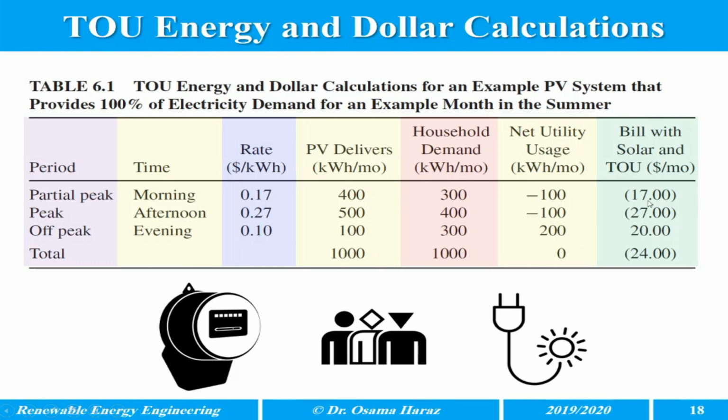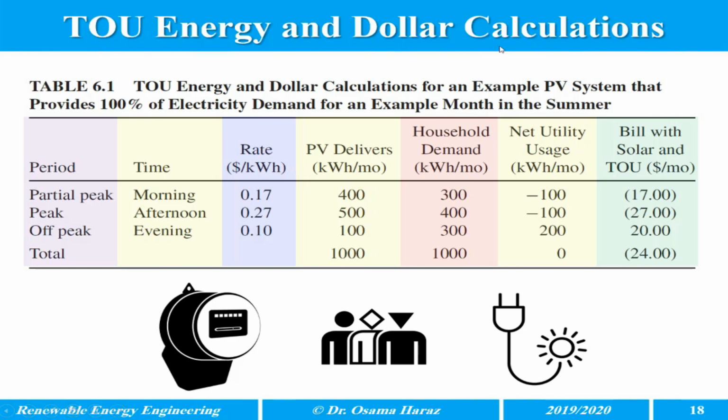But since you have excess power here, you are going to sell this power to the utility, so you are gaining money. During the morning, over the whole month, you are gaining $17, and during the afternoon you are gaining $27, but in the evening you are paying $20 for your consumption. So the total amount of money you are collecting is $24 credit. So now you are saving money by installing the PV system